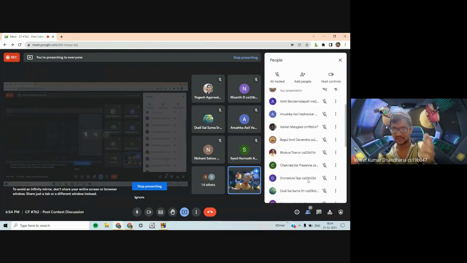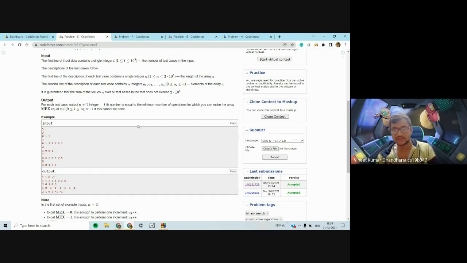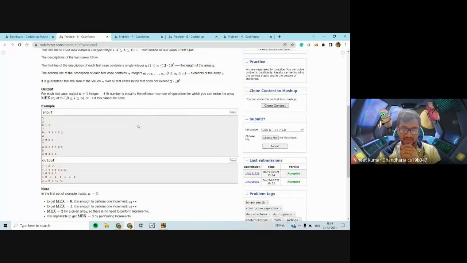I would actually request you to implement it after you go, so that you get a better idea of the problem. Maybe while listening, you may think that you got the solution, but when you actually try to implement it, you may find some other difficulties. So do try to implement the problem if you think that you got the idea, or you know how you would do it. That thing is very important, obviously.